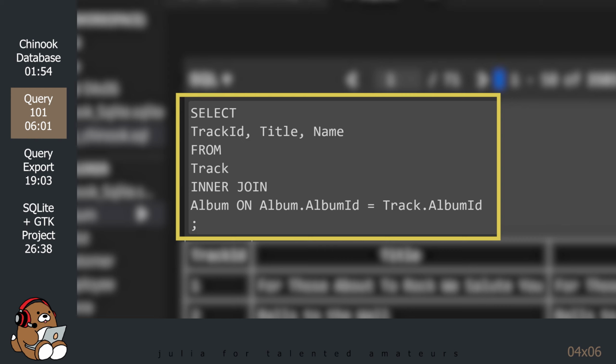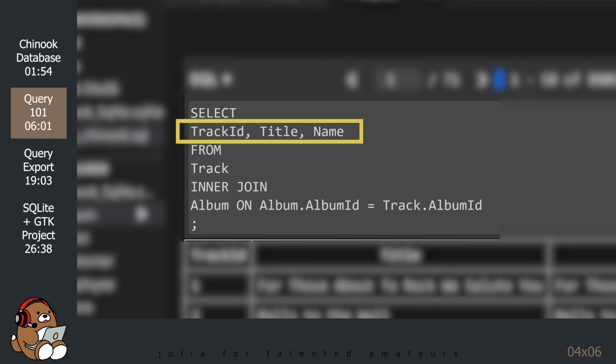This is the exact same query as the previous example, but rather than using the star, we listed the columns that we wanted to see.